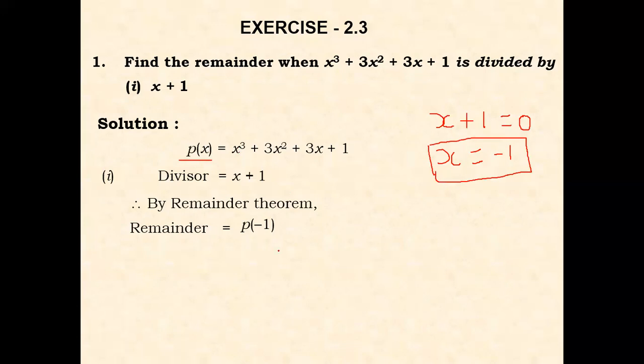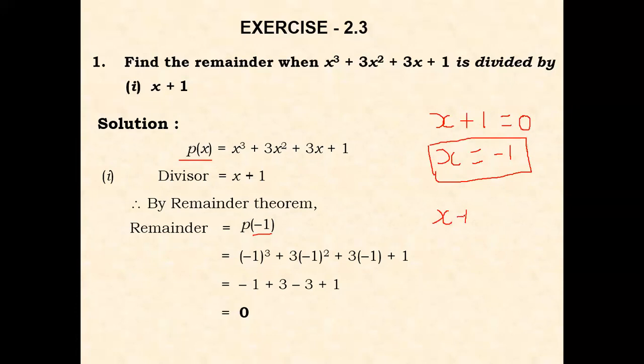So this is what has been done in the solution. Minus 1 has been put in place of x, and everywhere where the x is there in the polynomial, minus 1, and minus 1 you can see in place of x. Finally, if you solve it, you get the result 0. So if you get the result 0 here, it means your remainder is 0. So x plus 1 will completely divide the given polynomial px. That's what we understand. And we can also say x plus 1 is a factor of the given polynomial px.